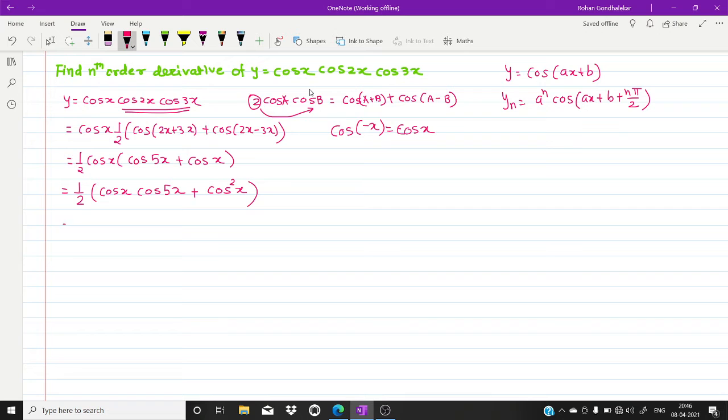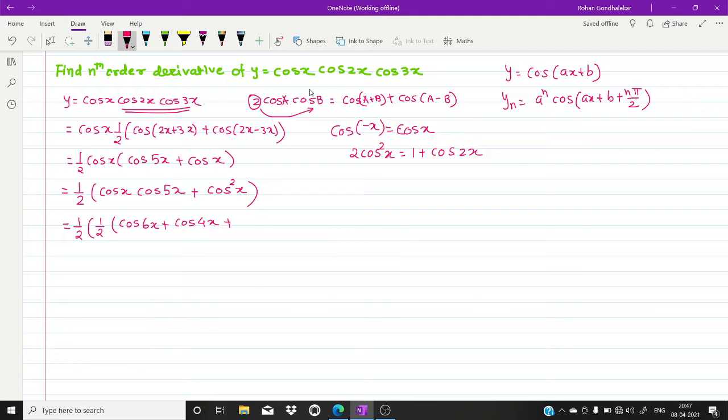Again for the first term we will apply the same formula, that is 2 cos a cos b. So hence we need to arrange the term 1 by 2 into bracket cos of x plus 5x. Okay, I'll directly write this because I already discussed this for the two terms. So I'll directly write here cos 6x plus cos 4x, plus what is cos square x? We know that 2 cos square theta, and here I am taking x, 2 cos square x is equal to 1 plus cos 2x.